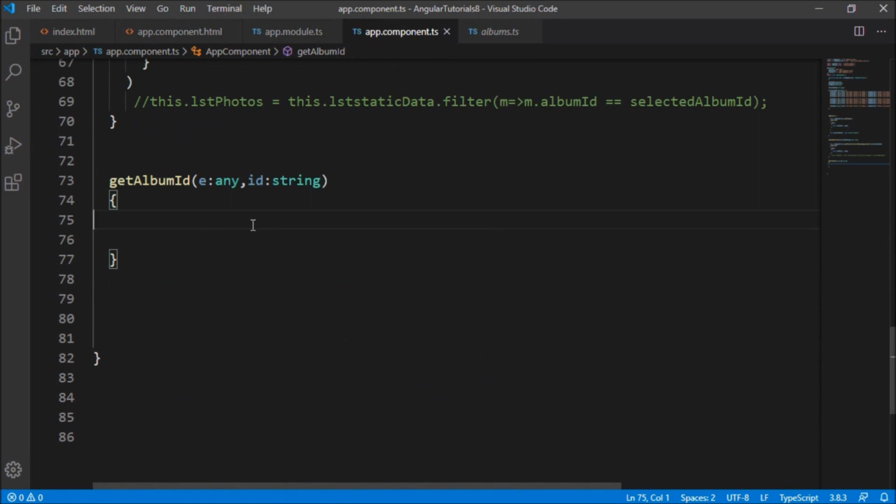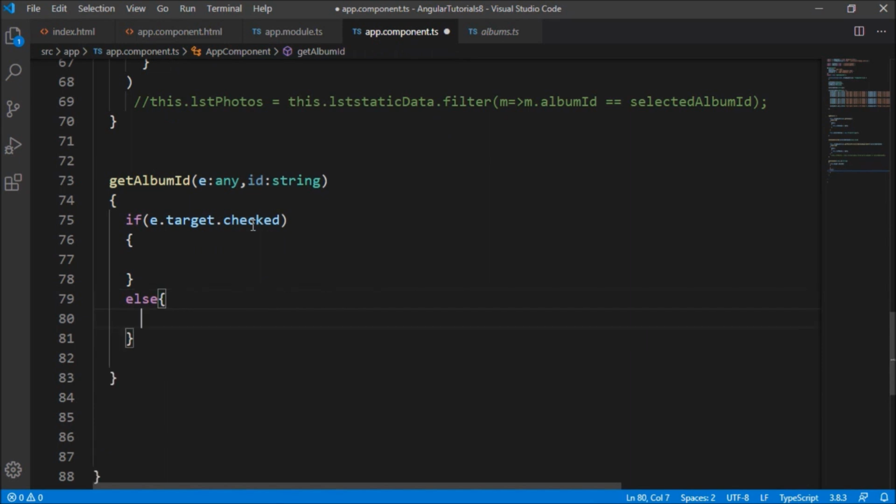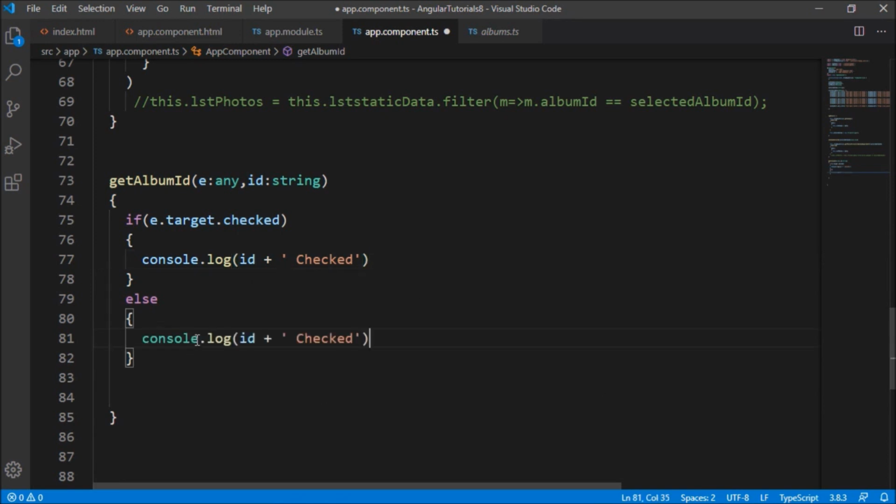Now coming back to our getAlbumID, I'm going to write: if e.target.checked, then we are going to take the value, else the checkbox is not selected. So here I'm going to write console.log ID is checked, else console.log ID unchecked.